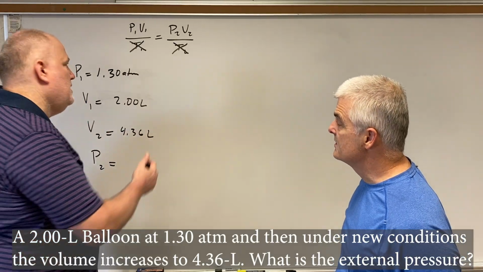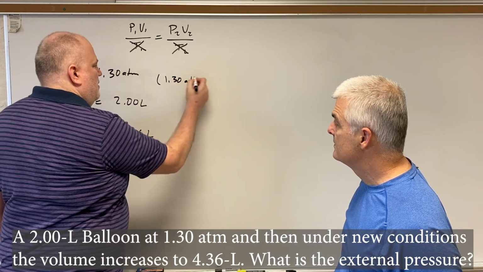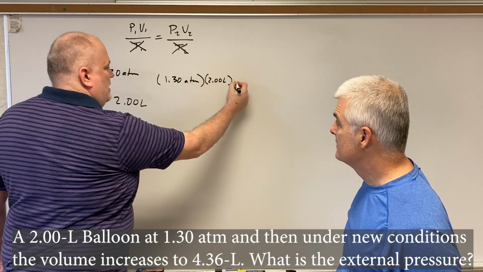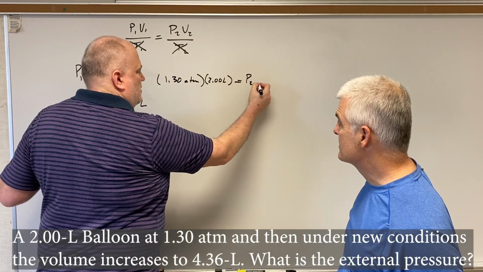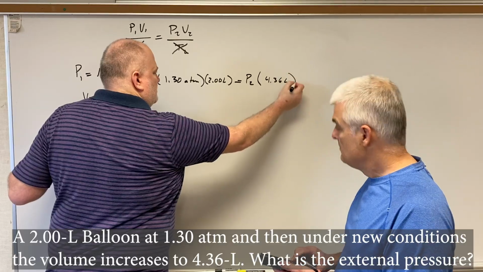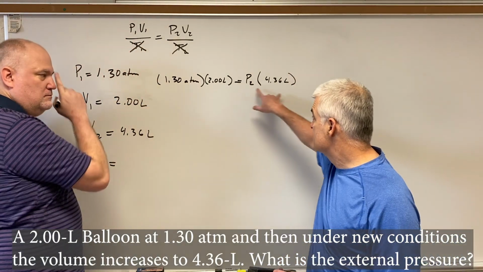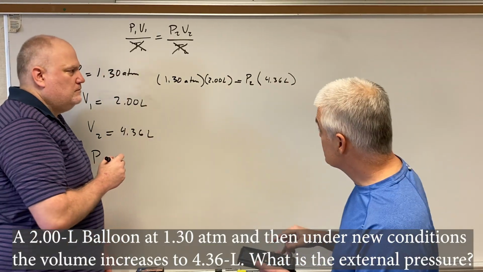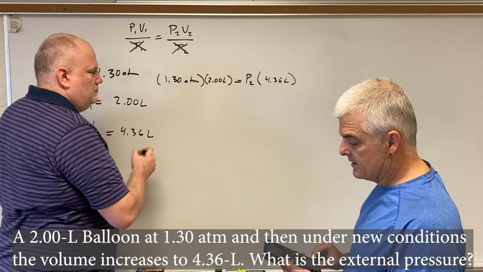So we can just plug our numbers in, right? Our P1 here would be 1.30 atm, and our V1 is 2.00 liters. It's going to be equal to, and in this case, we know what our V2 is, but we don't know what our P2 is. So P2 is our X, if you will. And our V2 is 4.36 liters. So I'm just going to take 1.3 times 2, because this equals 4.36 times P2. Then I take whatever that comes out to, which is 2.6, and divide that by 4.36. And I get